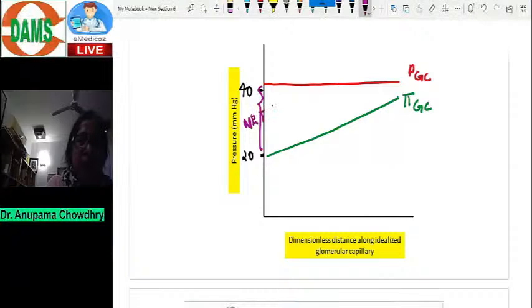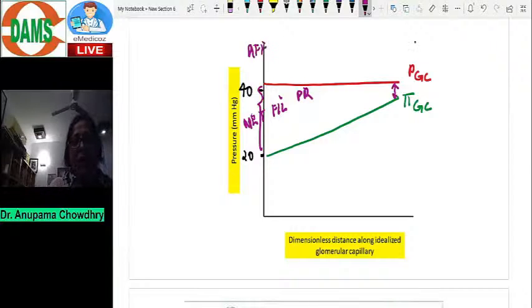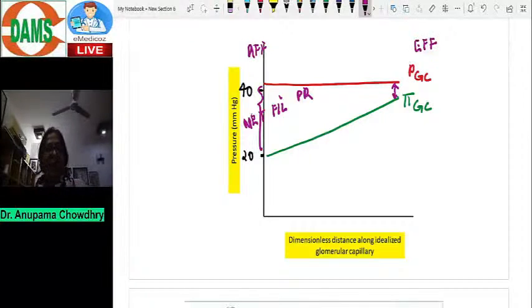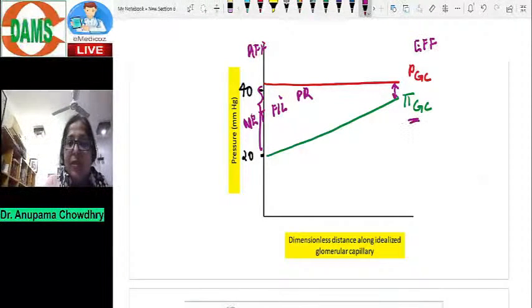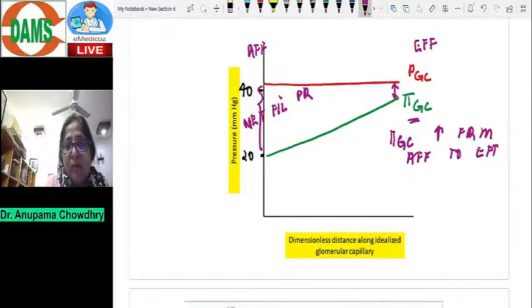Net filtration pressure, this will show you this is now going to decrease at the afferent arteriole, and this is towards the efferent arteriole. Pi GC is increasing because filtration of fluid is increasing the concentration. Why does it increase? Pi GC increases from the afferent to efferent arteriole